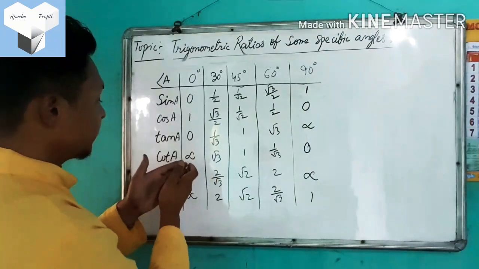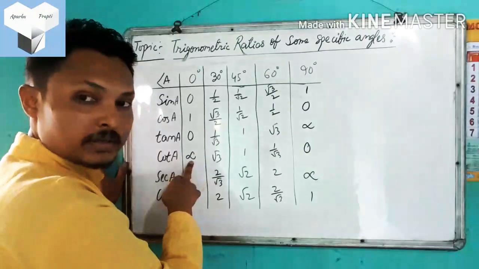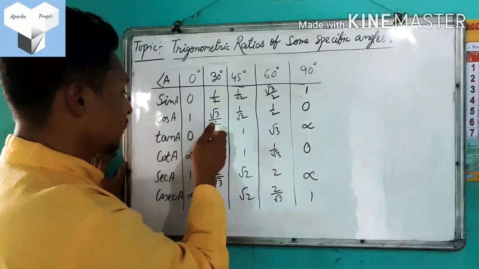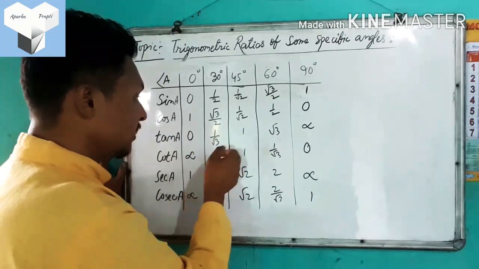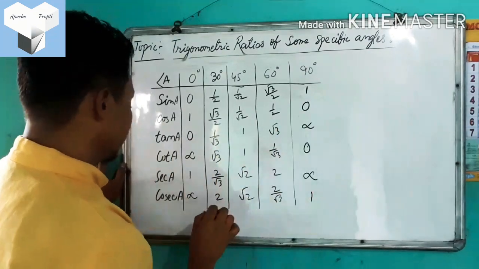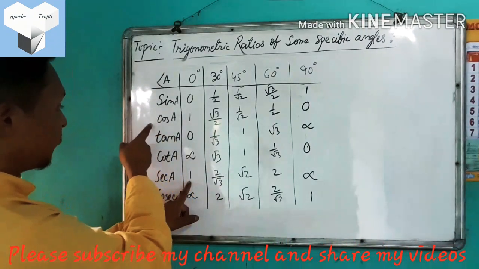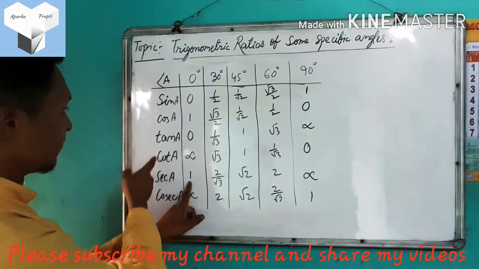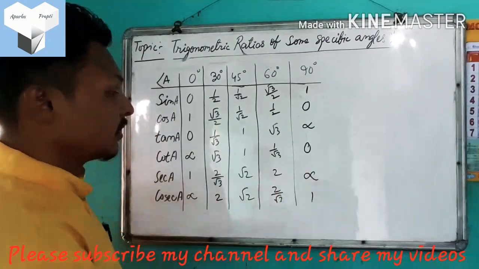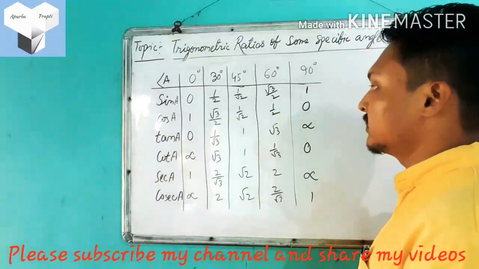Again, cot is the reverse of tan, that means 1 by 0 is infinite. Okay, infinite. Next it is cot. Cot is the inverse of tan, that is 1 by root 3 it was first of all, then it is root 3, and the inverse of 1 is 1. In this way we have found the ratios for cot. Finally it is sec and cosec. Sec is the inverse of cos, and cosec is the inverse of sin. So taking the inverse ratio, we have constructed this table, and this will help in memorizing the table.